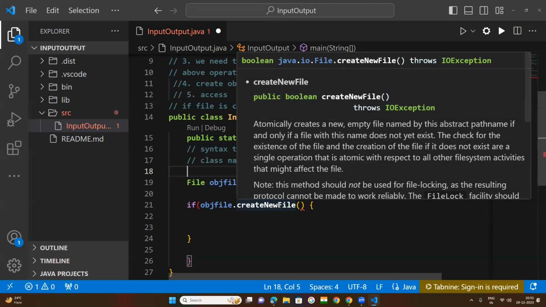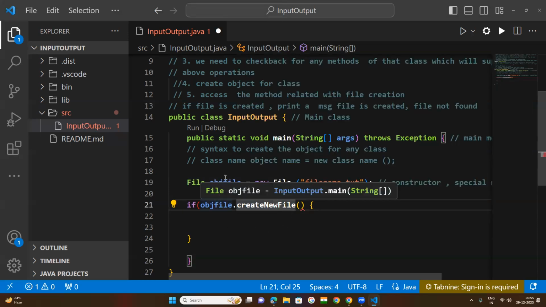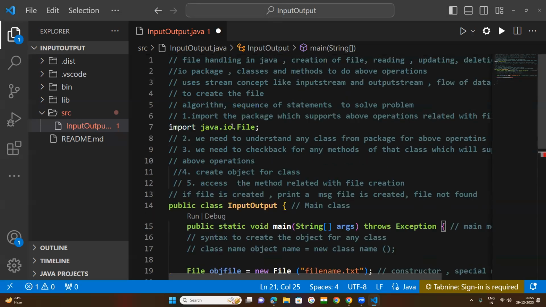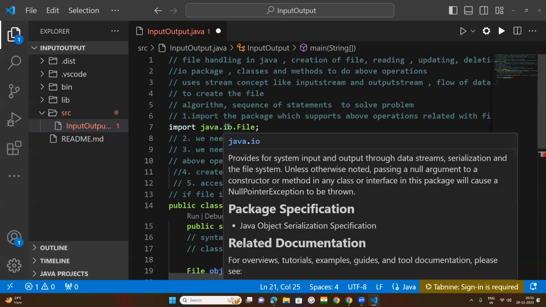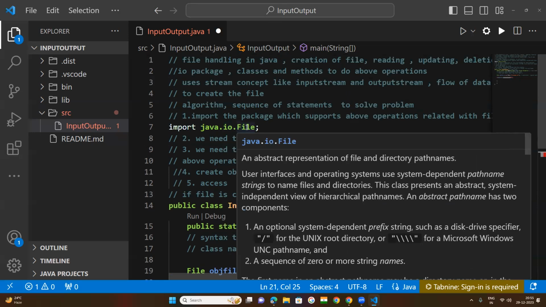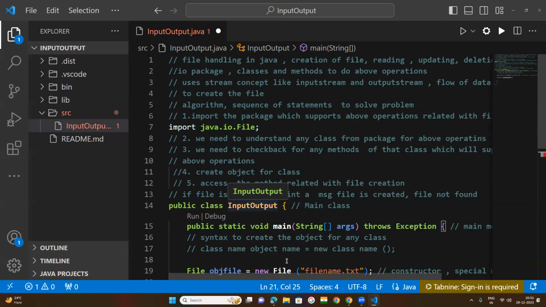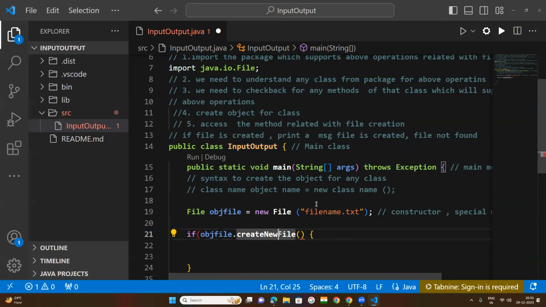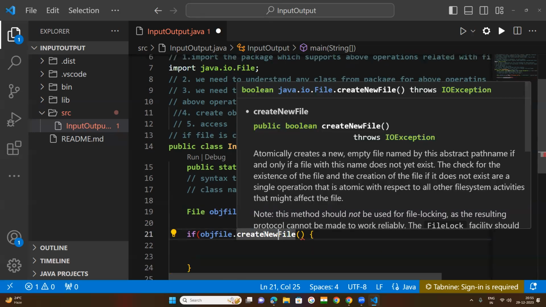Whenever you keep the mouse over any method or any class, you see what package it is under, the input output package, what is the use of this package and what is the use of this class. So here, whenever I have kept my mouse over this method,